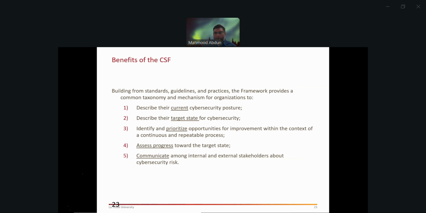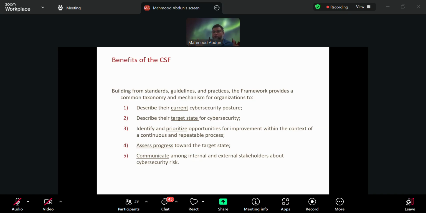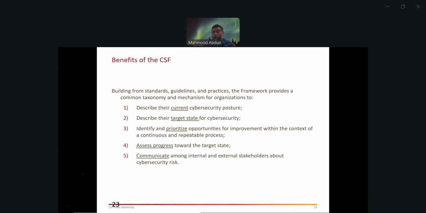So I already told you about the benefits, right? One of the other benefits that I didn't mention is that if you do it properly, it allows you to capture your current cybersecurity posture. So let's say you want to communicate your cybersecurity posture to some other company you want to deal with. Maybe you're getting acquired or merged, or simply for the reason of your industry, for example, you need to report your cybersecurity posture. In that case, NIST CSF provides a way or profile for you to demonstrate where you are without giving any details. You don't have to give the details. You just need to say, I am at this level. And then later on, it can be audited.